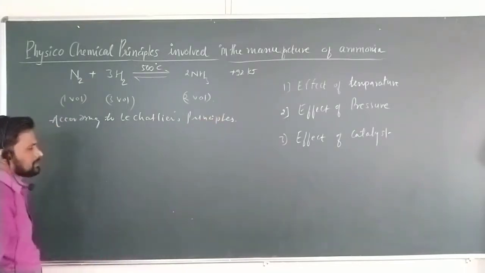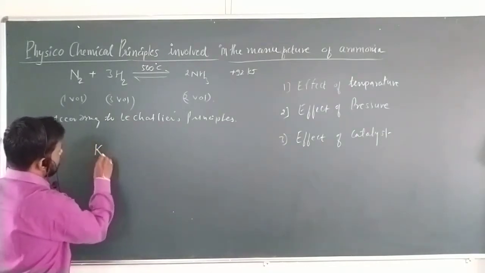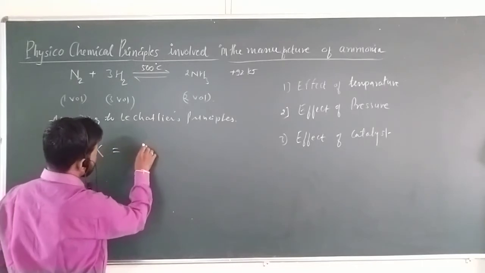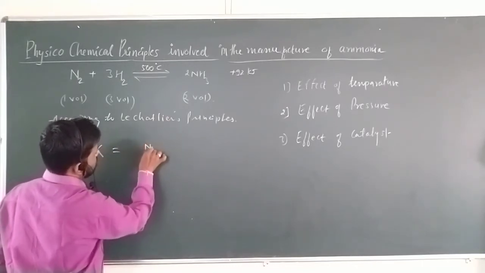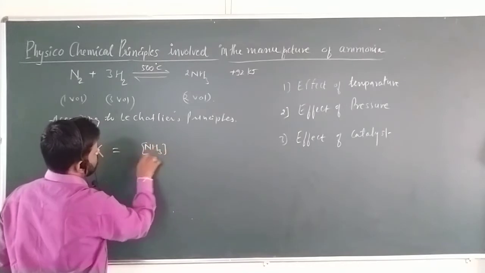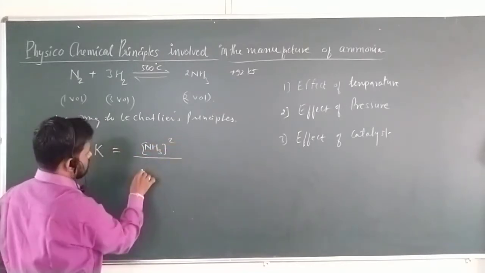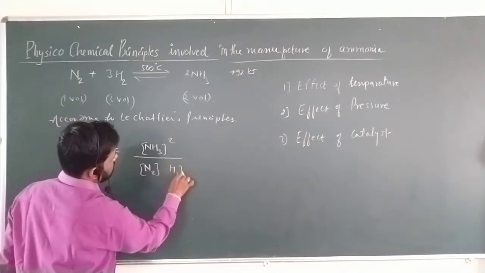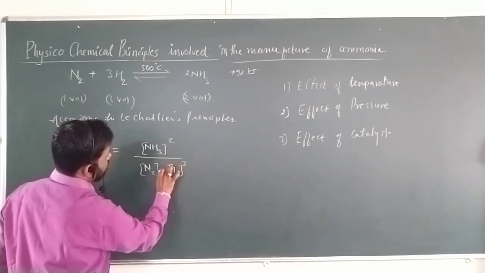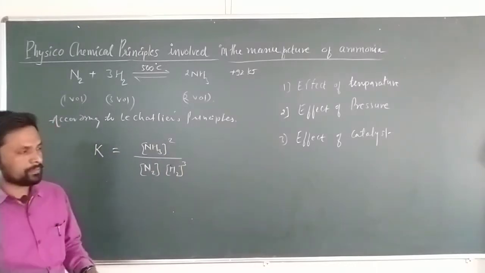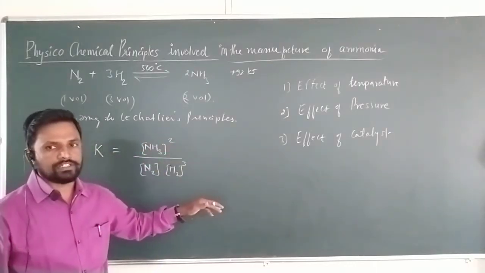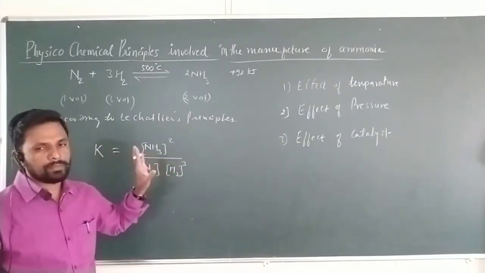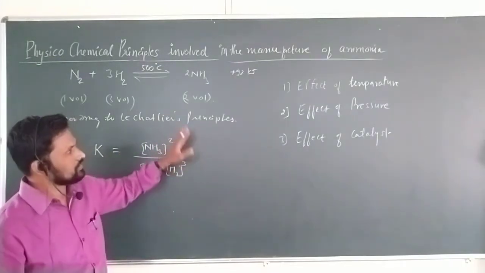According to Le-Chatelier's principle, we can write the equilibrium constant, that is, the concentration of product upon the concentration of nitrogen into the concentration of hydrogen. We can say that according to Le-Chatelier's principle, decrease in the temperature and increase in the pressure increase the percentage of formation of ammonia,